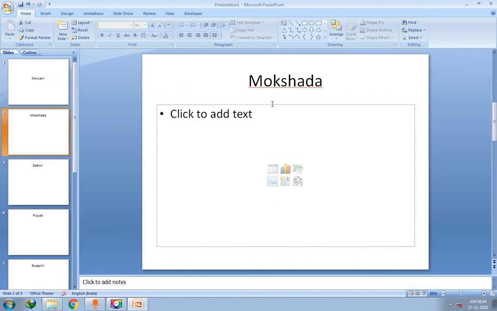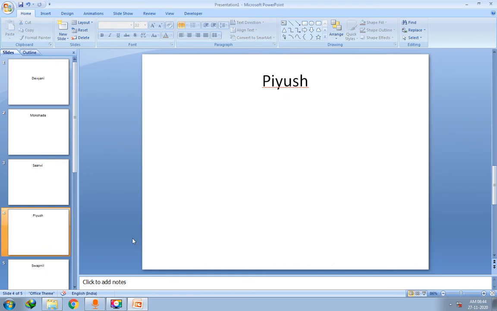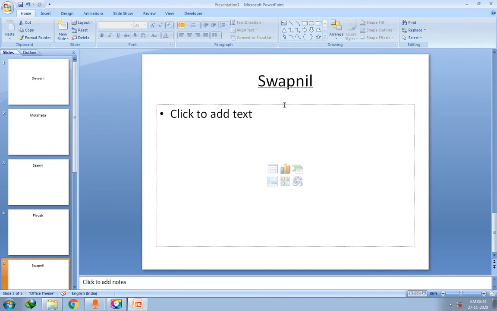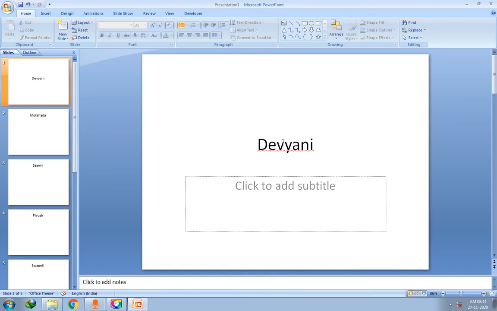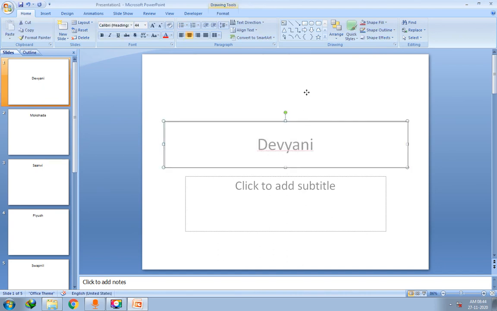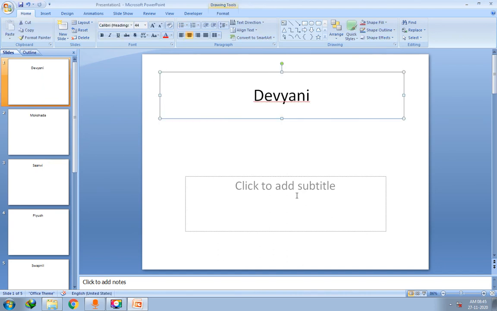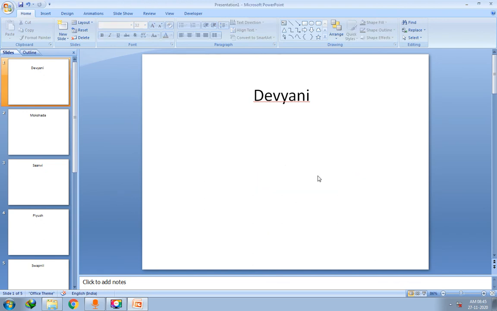Okay, so I have written the names of each and every student. So I don't require this box anymore. I will delete this. How to delete? Simply click this box, press the Delete button. Okay, wait for this crosshair arrow and then delete. Same way you have to delete all the slides. Yes, delete, and finally this also delete, right? So I'll take this a little bit upper side. Okay, and I'll delete this one.